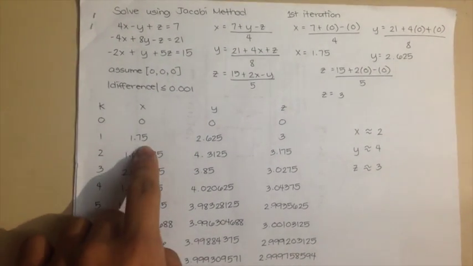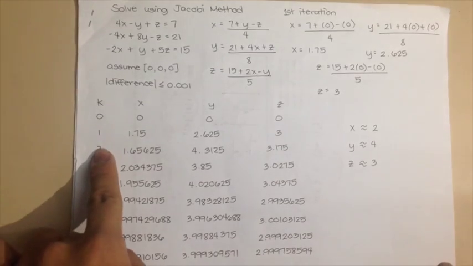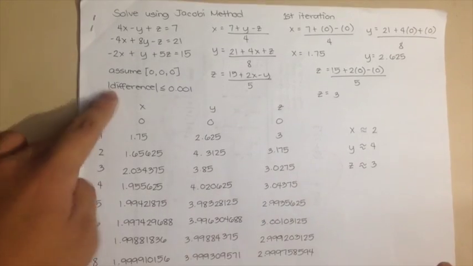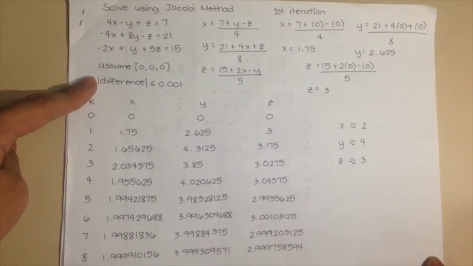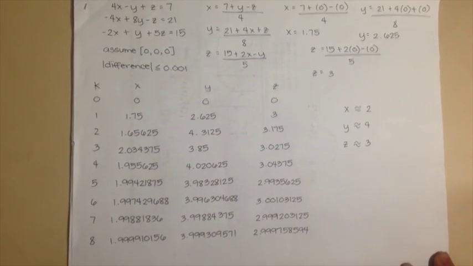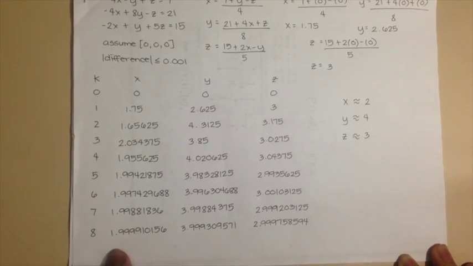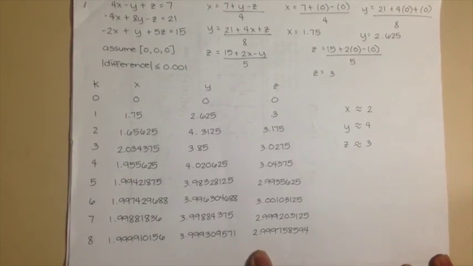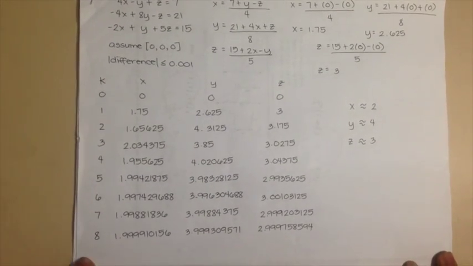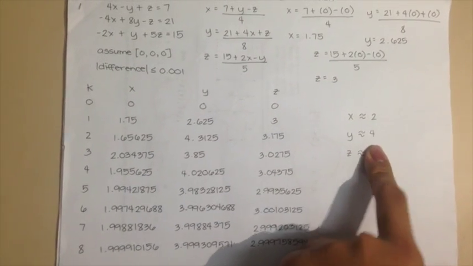We just keep plugging in these values to the rewritten equations in order to solve for the next set of iterations. We have to repeat this process until we achieve an absolute difference of 0.001. You will notice that at the 8th iteration, the absolute difference would be less than or equal to 0.001, and that approximating these values, you will get x is equal to 2, y is equal to 4, and z is equal to